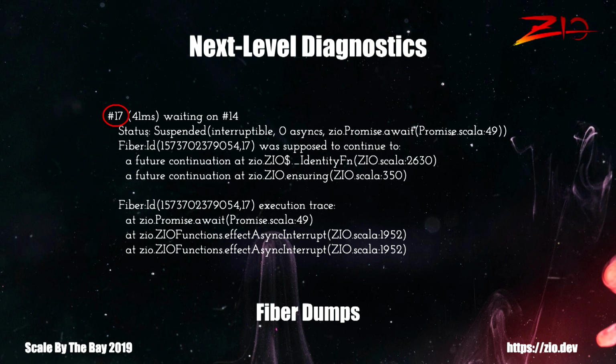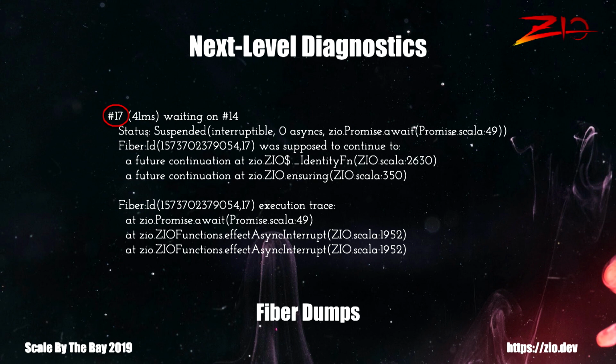Earlier I asked if, with Scala Futures, I can't see what all my futures are doing. With ZIO, can I see what all my fibers are doing? Absolutely. So ZIO is the only library out there that allows you to do a fiber dump, which is the analog of a thread dump, but for fiber-based concurrency systems. And this fiber dump, which is modeled after a thread dump, so if you've ever used jstack or something like that to print out everything that's going on in your Scala application, then you're going to be familiar with this